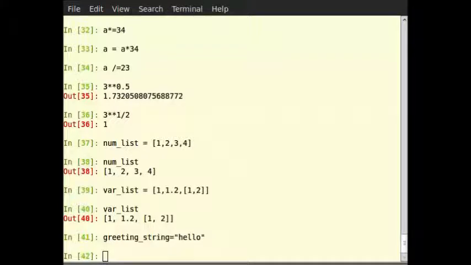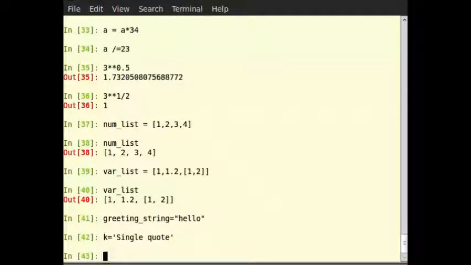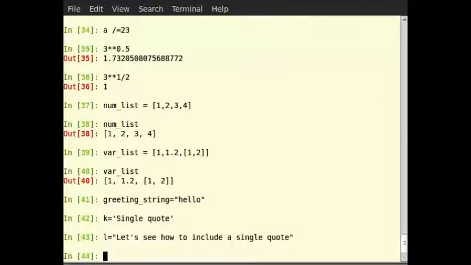Python strings can actually be defined in three different ways. The k is equal to in single quotes. You can write single quote, then L is equal to, let's see how to include a single quote, and M is equal to within three single quotes and in double quotes. Let's see how to include both.